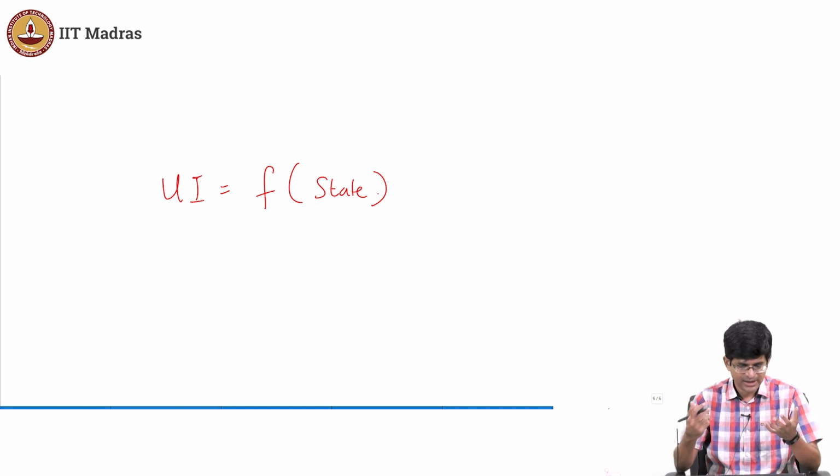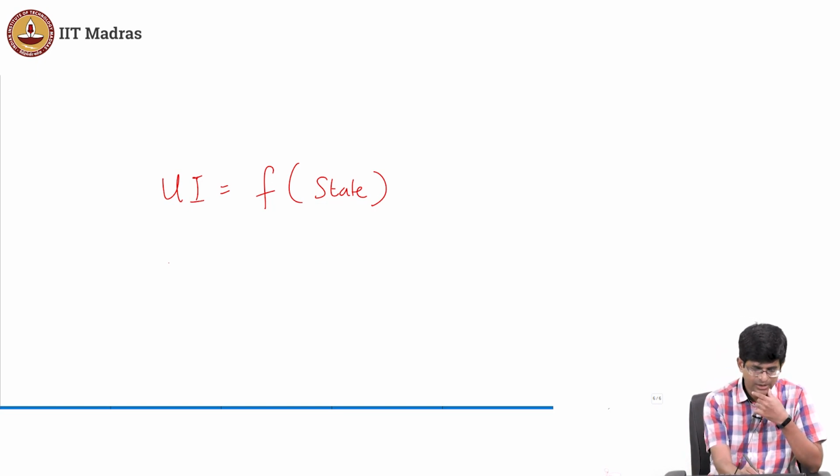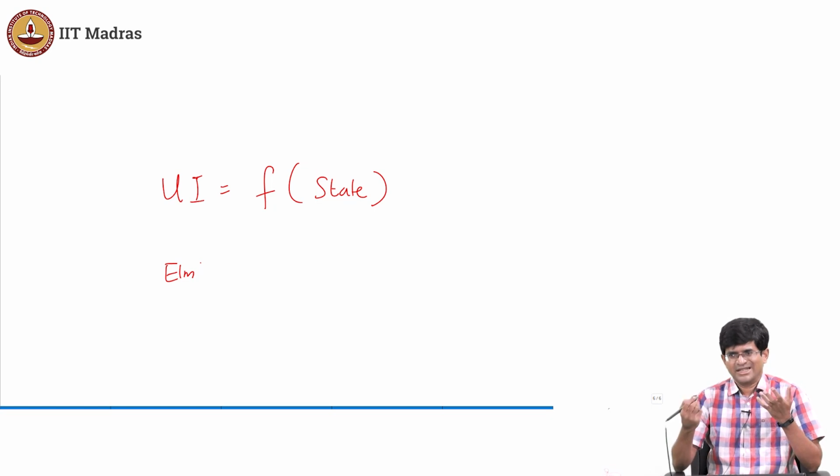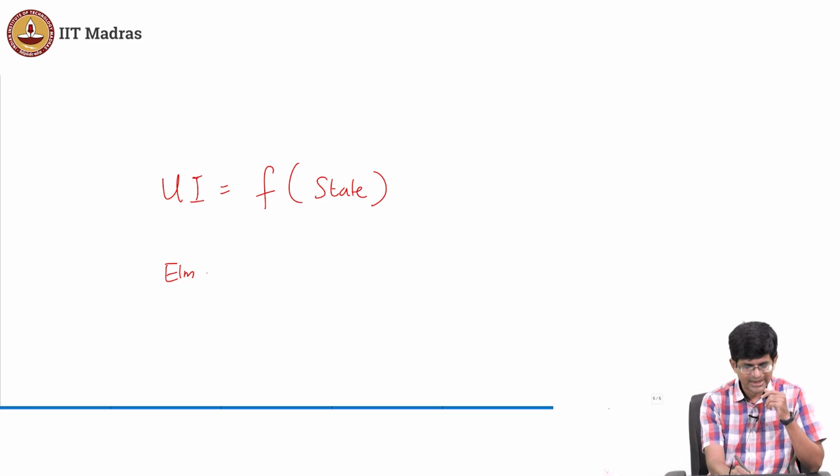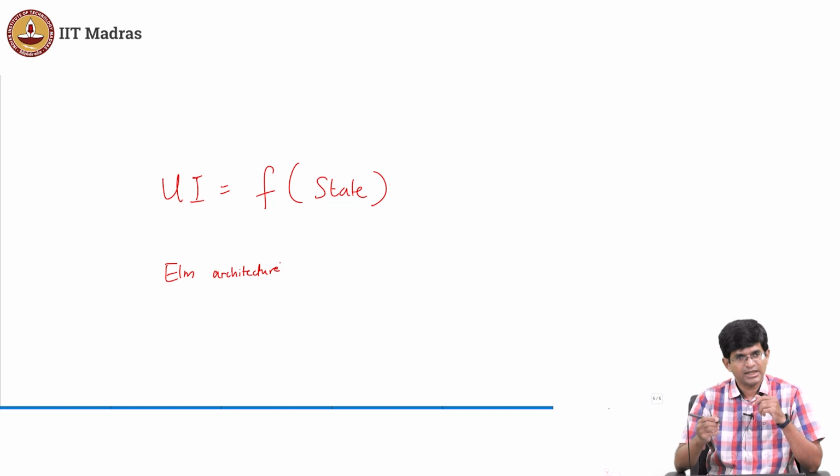And one thing that I did not mention over here is that from the point of view of application development, there is a language called Elm, which is not the most popular language for developing web applications, but this thing called the Elm architecture, which is the core idea of what Elm does, has actually become very popular. Even if you go and look at some libraries for React and for Vue and so on, the state management libraries, they talk about how they build on the Elm architecture. Now the core idea behind it is again something very simple.